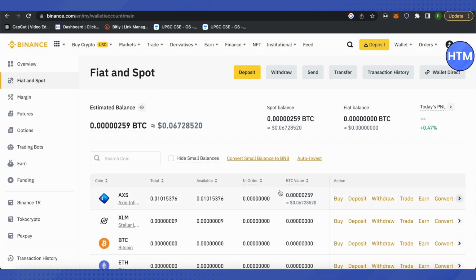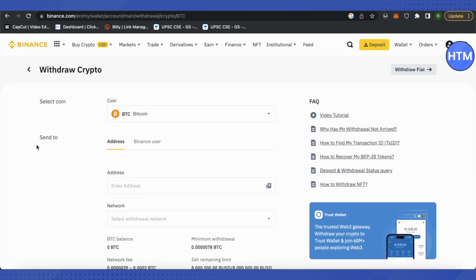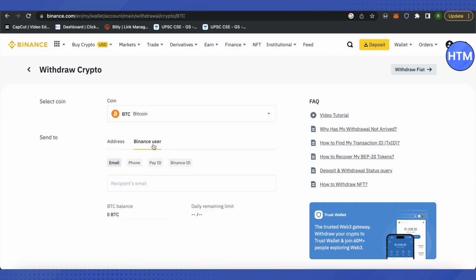After that select the crypto of your choice that you want to send from your Binance account to another Binance account. Suppose I want to send BTC, so I will just click on this option of withdraw. After that over here I will just click on this option of Binance user, and we are given 4 different